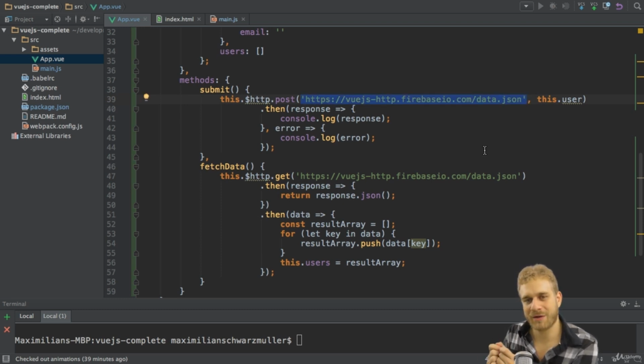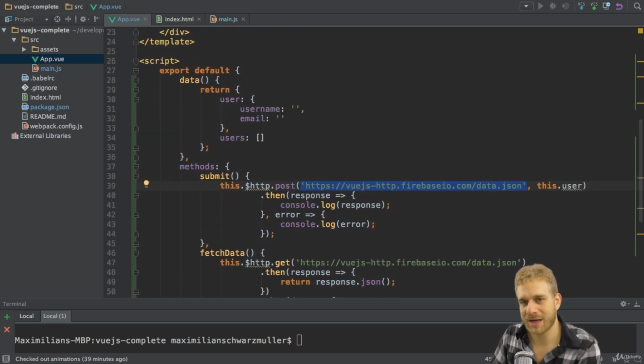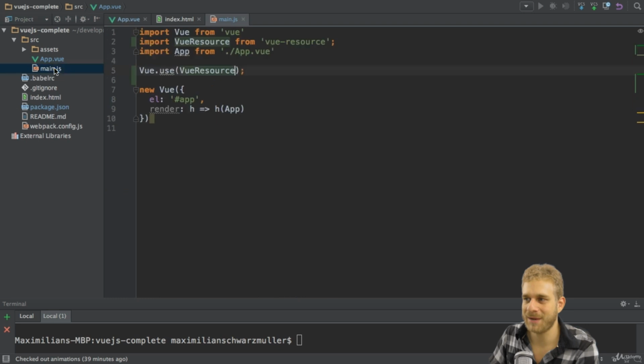So it would be great to have kind of a global place to set this up for each HTTP request. In this application, this might of course be different in your application. So we actually do have such a central place where we can set up our application URL or the URL we want to use. So I'm going to copy the URL, and the place I'm talking about is in the